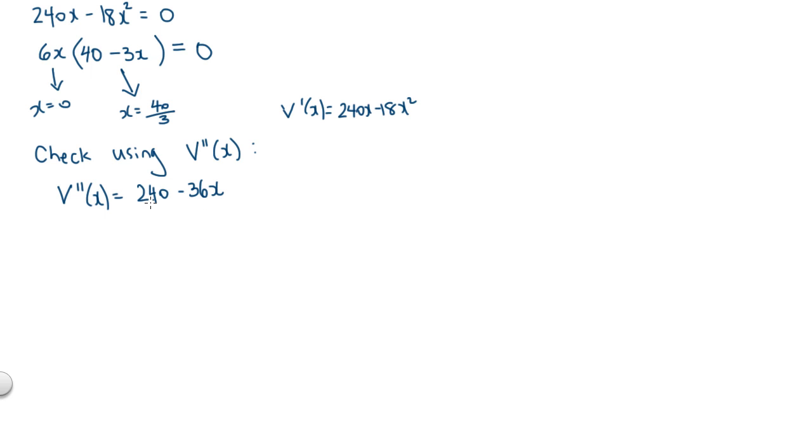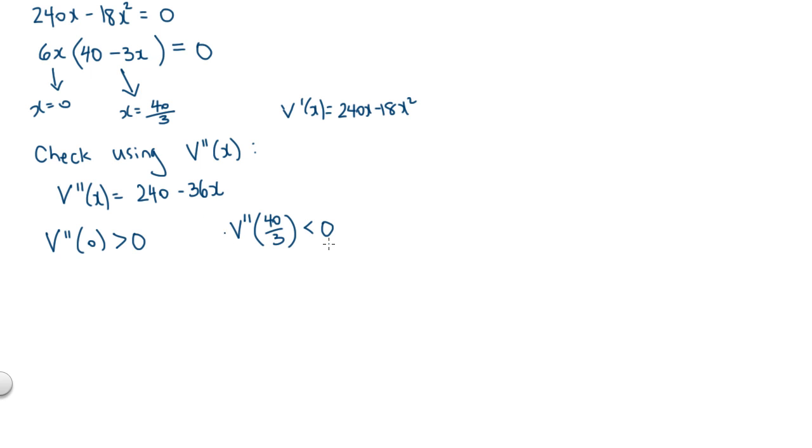All right, so what we're going to do is plug each of our x values into our second derivative. So we'll plug each of them in here, plugging into the second derivative. And all we're looking for is the sign. So just trying to figure out, is it positive or negative? Well, if we plug 0 in here, we get 240. That's a positive number. If we plug 40/3 into our second derivative, you could check with your calculator that it's going to come out